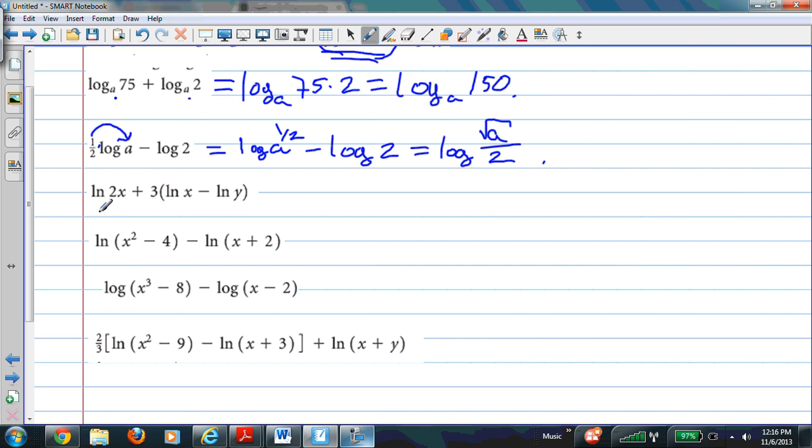So let's keep going. Now here, I can just use the order of operations. I can say do the parentheses first. So what I see inside the parentheses